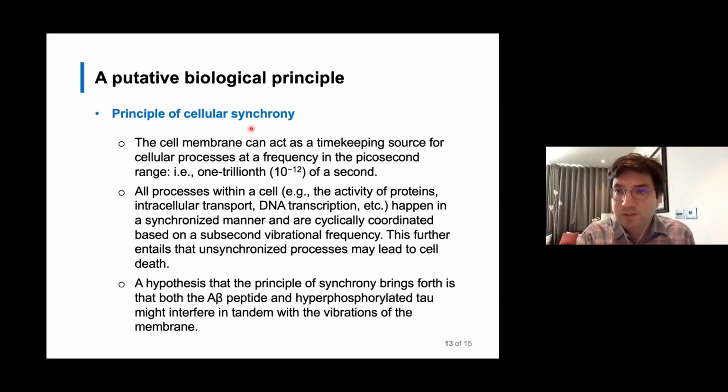So if one posits this biological principle, what does that have to do with the AD explanation? Well, it could follow from this principle that perhaps in neurons in a part of the cortex, the entorhinal cortex, where it's thought that AD starts, if cells are experiencing a problem with the plasma membrane, perhaps we have asynchrony amongst neurons, and this could lead to neuronal death in that part of the cortex.